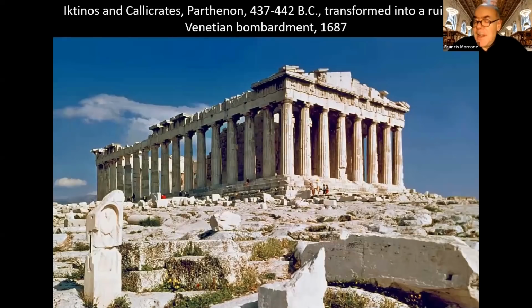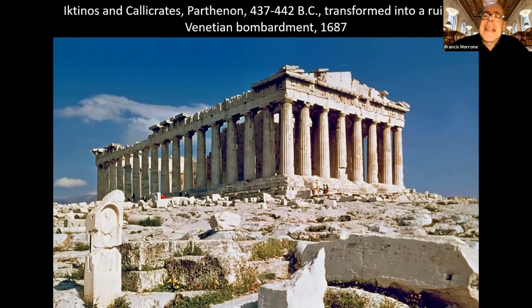This is the Parthenon, the most famous Doric building in the world, the most famous Greek temple. As I said, arguably the most famous building in the Western world. We know who its architects were, Ictinos and Callicrates. We know that the sculptor Phidias, the greatest of Greek sculptors, was in charge of the decoration and may indeed have been sort of like the overseer of the whole project.